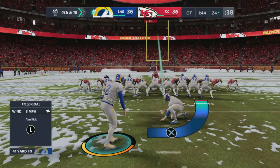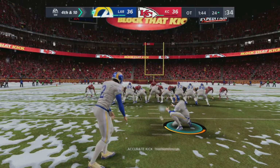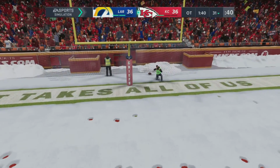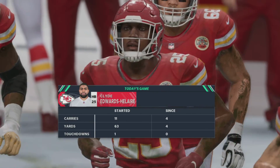So now one of the biggest kicks of the night is forthcoming. He connected on his first, this from 41. I don't think this will even, nope, it doesn't even get there. Well short, and that changes everything here in the